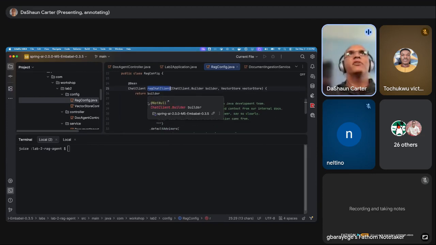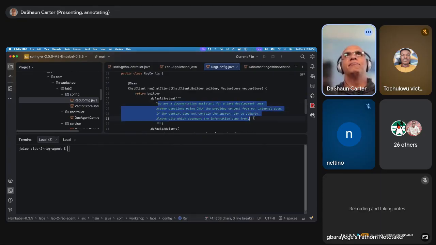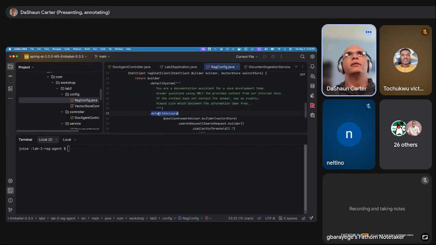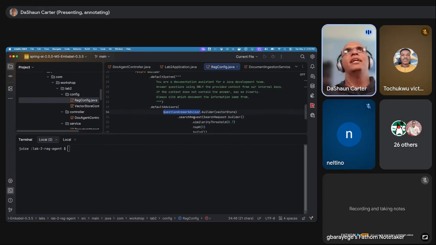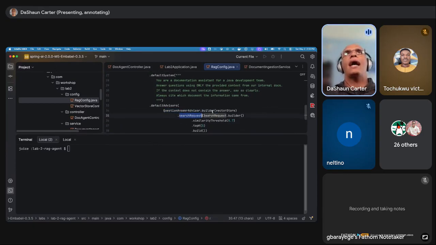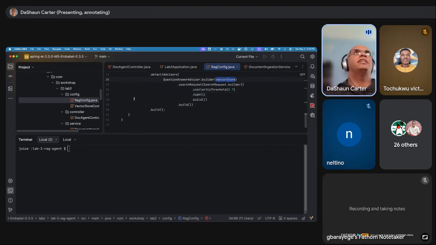So here, the additional thing that we're adding is, again, same. You're a documentation assistant, slightly different system prompt, but you've got additional information. I'm giving you this question and answer advisor. I'm giving you this ability to go and look at this vector store. Use the vector store. And then our application over here,